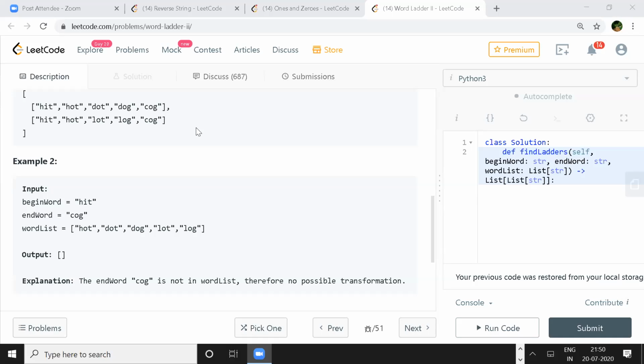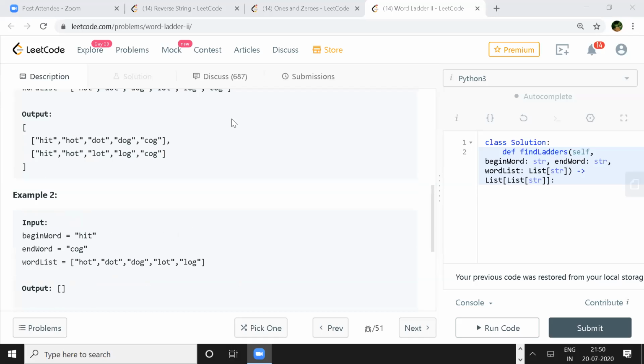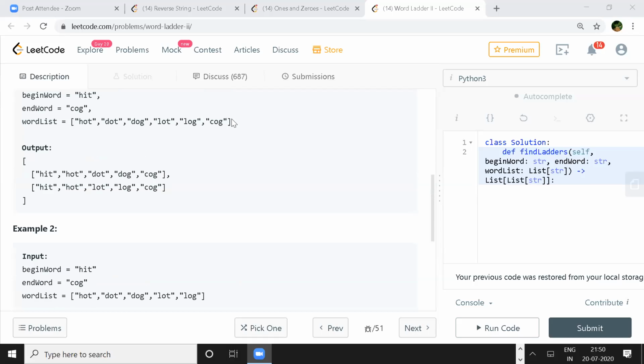So how would you like to proceed in a brute force way? Go from one word, the bigger word, and look at each and every word. Pick up the closest word. Then we have to compare if it differs by one letter.